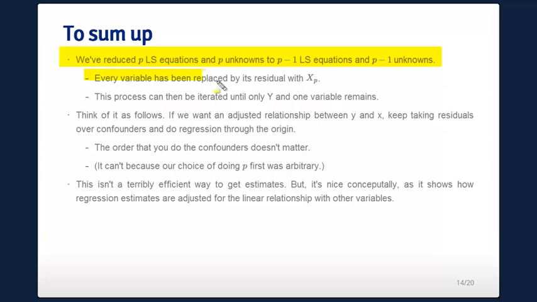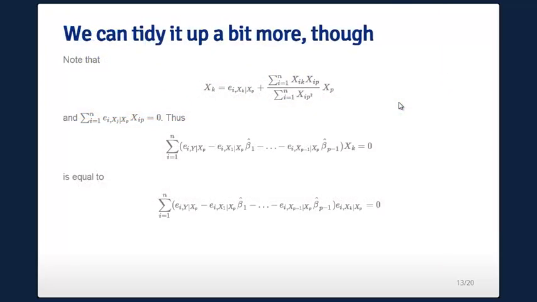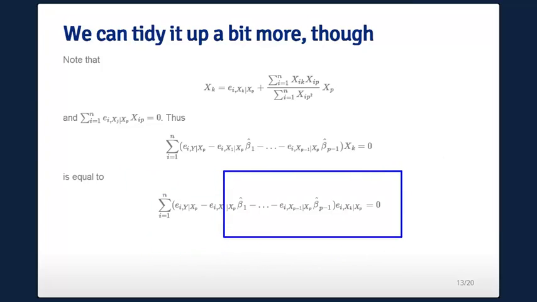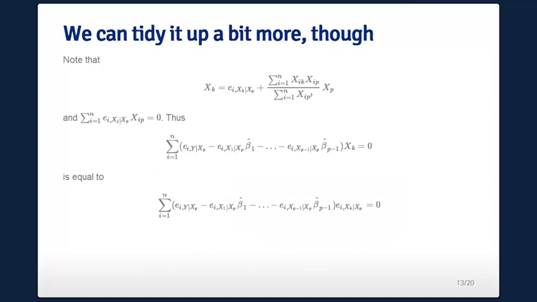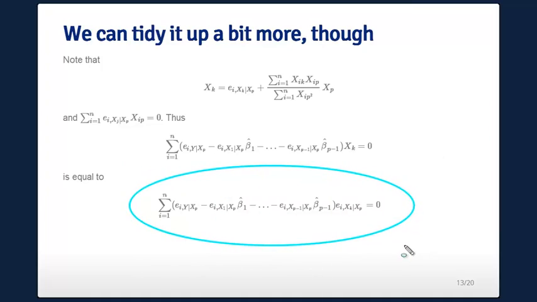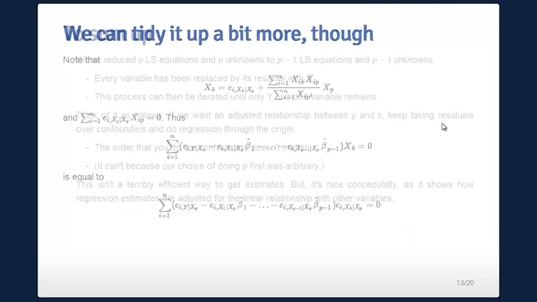And then in that process, if you look at this set of equations right there, it's exactly the least squares equations again, but only p minus 1 of them instead of p of them, and instead of y and a bunch of x's, it's the residuals of y having x_p removed, and all the x's having the linear relationship with x_p removed. So we're at